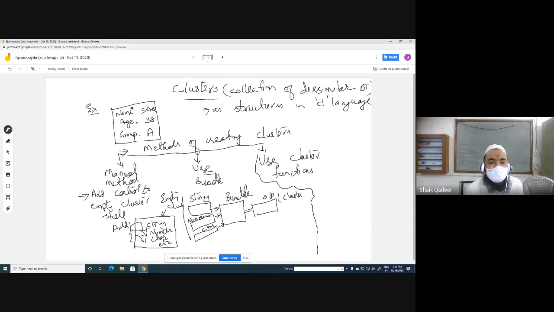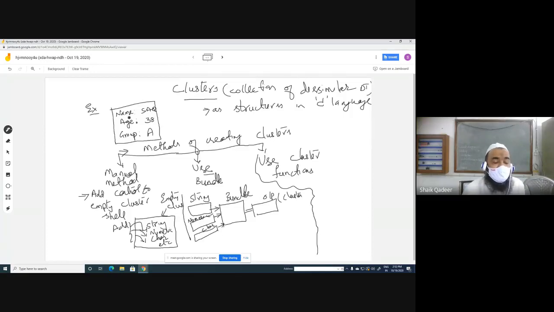Okay. An example of structures or cluster is this one. Suppose in our data type, which is a collection of dissimilar data types, that is nothing but a series of consecutive memory locations for one particular variable we want to allocate, and in that different data types are available.